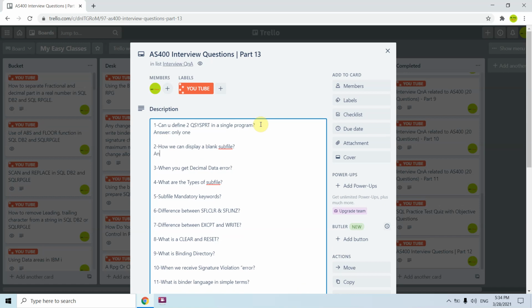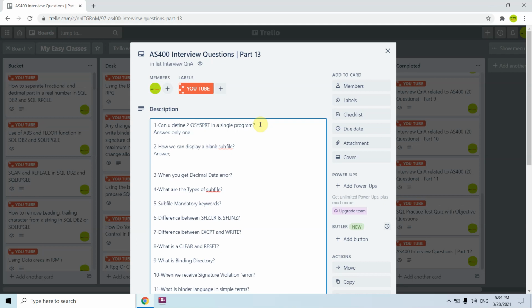How can we display a blank subfile? As we know, we have a keyword SFL display, so we attach an indicator with that keyword. When that gets on, it means we have to display a subfile.